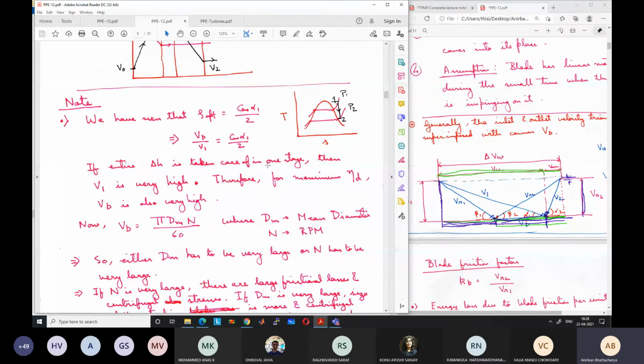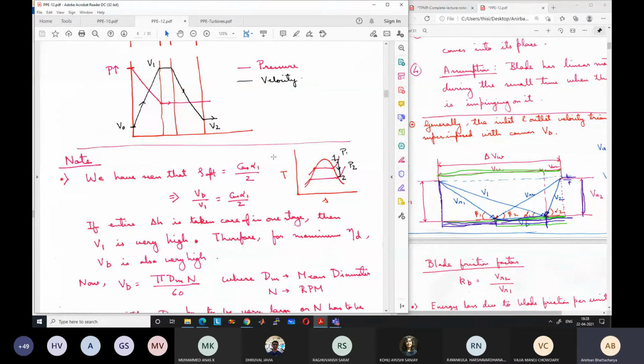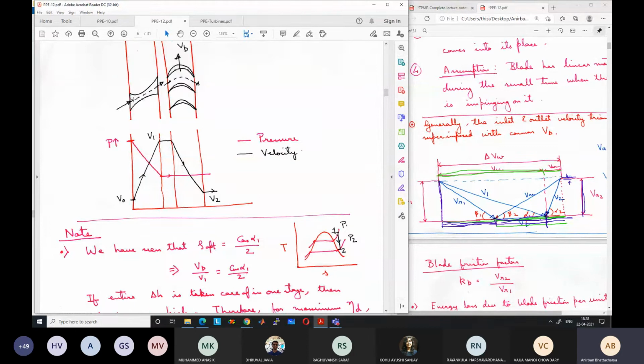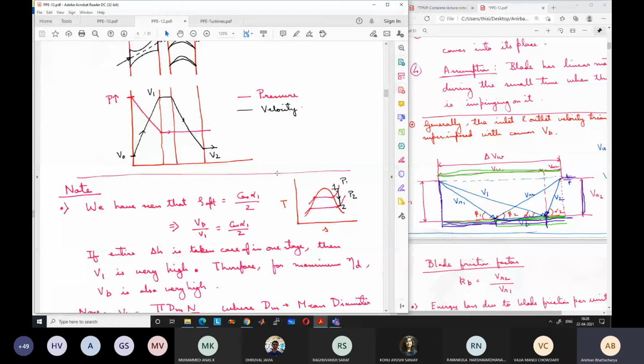So we draw the TS diagram of the turbine like this, right? The enthalpy goes from 1 to 2. So the process goes from 1 to 2 in a turbine. So when you have studied about Rankine cycle in the beginning of the course, we had drawn the turbine process like this, going from pressure P1, point 1, to pressure P2, point 2. If we ignore the isentropic losses, this is an isentropic process. So S2 is equal to S1 and H2 is much less than H1. Okay. So the change in velocity, the kinetic energy generated.